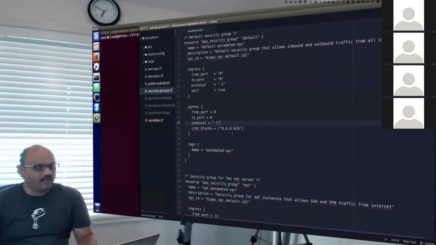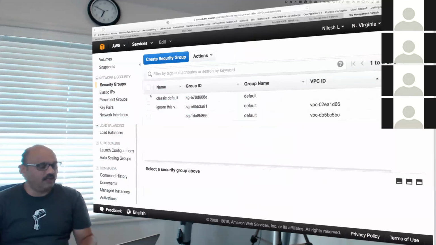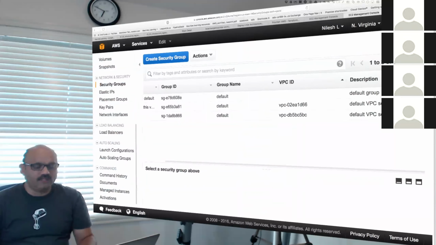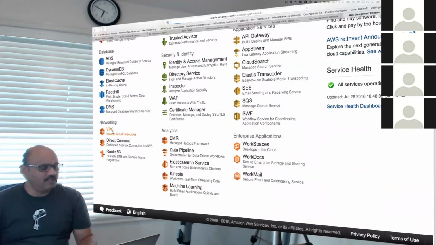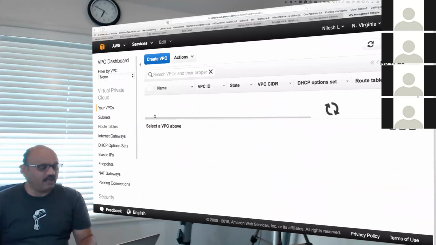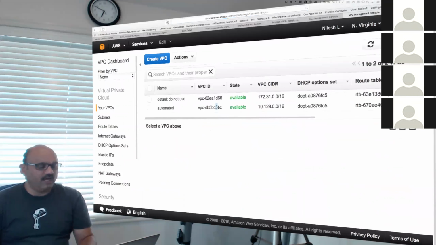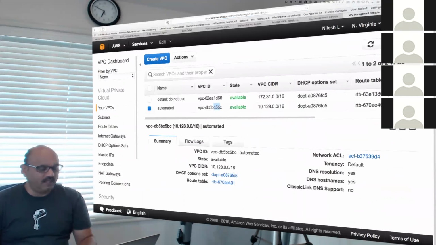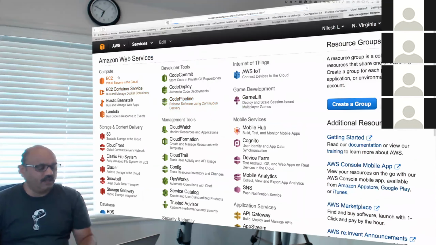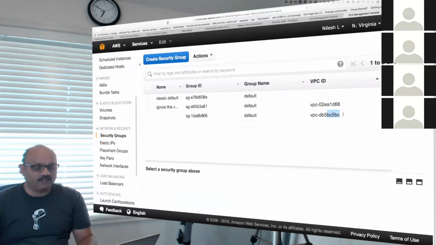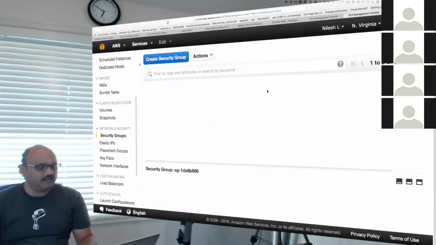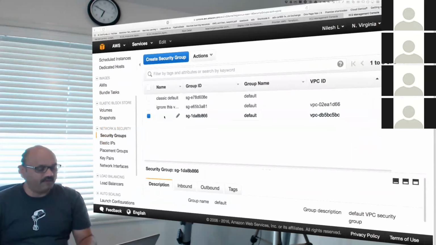So now, I want to create a security group for us in our VPC. What is our VPC ID, by the way? Let's go check the VPC ID. Our VPC that we have created for automated VPC, the ID number is 5 brother Charlie. So remember the Charlie, 5 brother Charlie. That's the number for VPC ID that we have here. So remember that's the automated VPC. So back in here in EC2, in security groups, we'll go look at our brother Charlie there. And that's the default security group available. This is the default one.